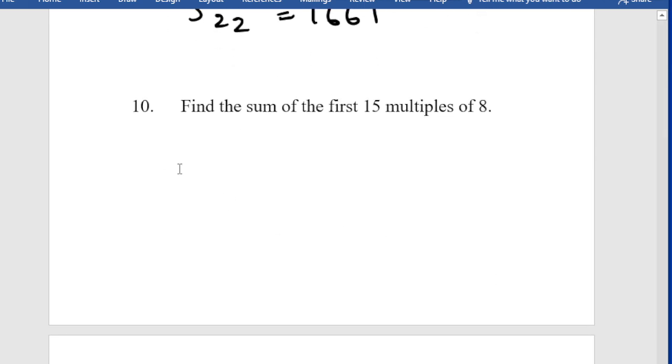Now the next is: find the sum of first 15 multiples of 8. First 15 multiples of 8. So let's form the sequence. What are the values that are multiples of 8? First 15 multiples of 8. So the sequence is